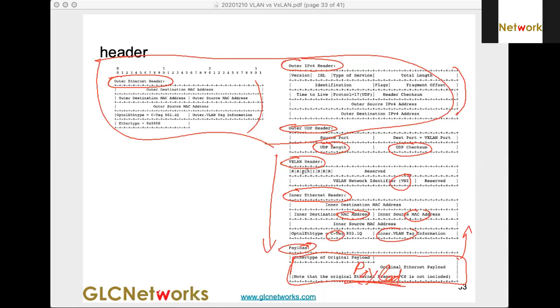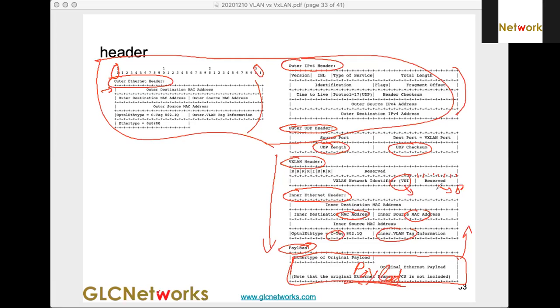So how many bits? We have from 0 until 31, so one line here is 32 bits. So 1, 2, 3, 4, 5, 6, 7, 8. Here is 8 bits.